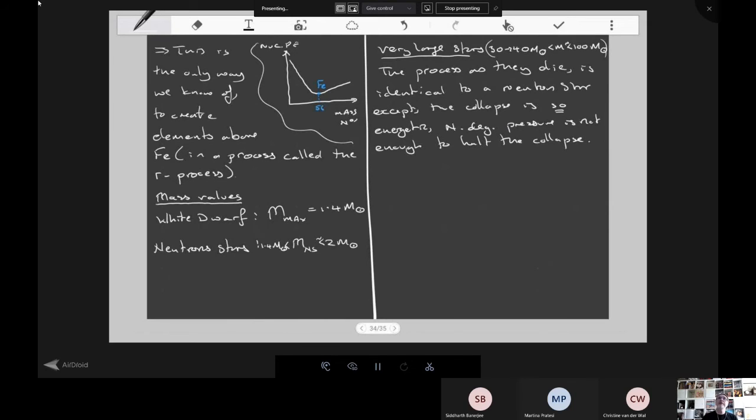Now, okay, so I'm left then with the statement, well, surely neutron degeneracy pressure eventually must be, just like we said electron degeneracy pressure eventually would need to be. The problem is that the core collapses to such a small size